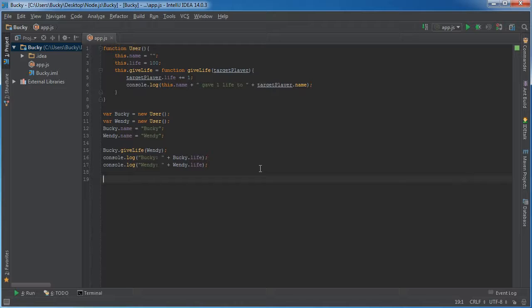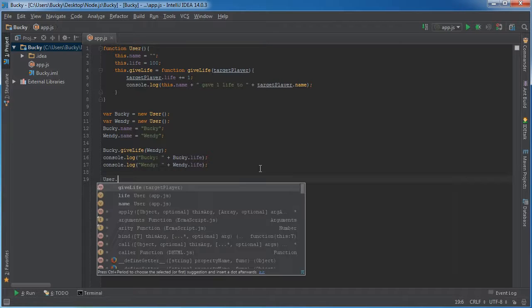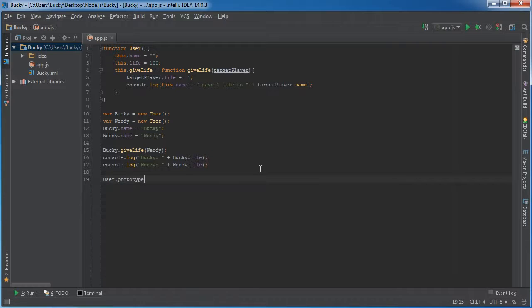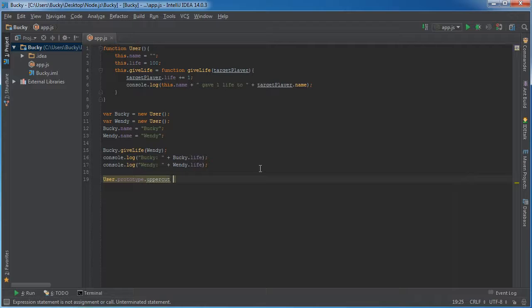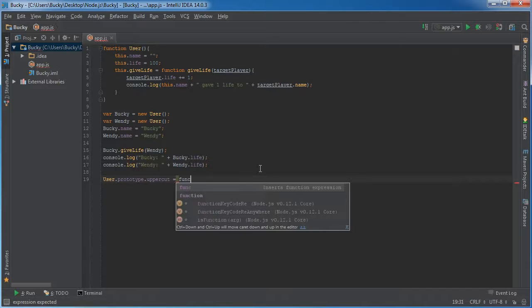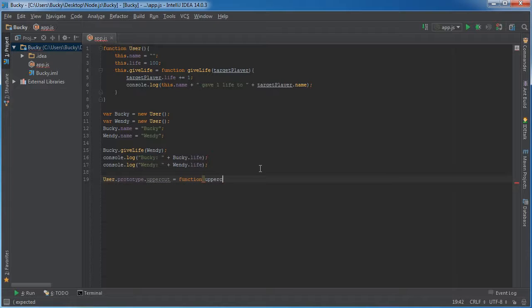So what you can do through prototypes is this. If you call user prototype right there, you can actually put something called uppercut. Of course, I'm making uppercut up. You can put whatever variable name you want. And you can set this equal to a new uppercut function. So now